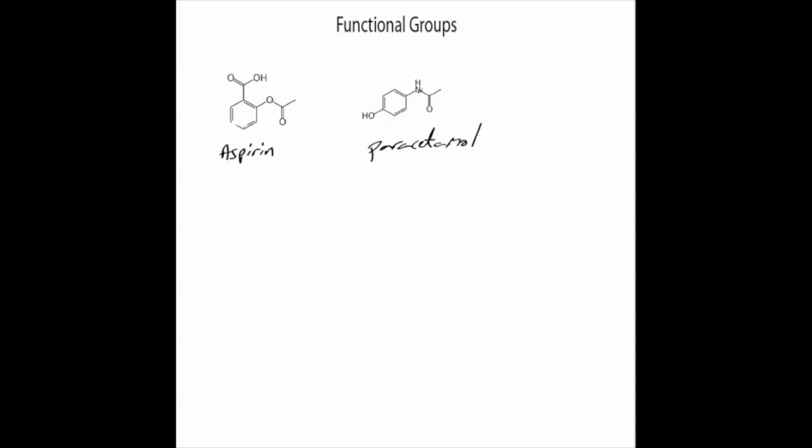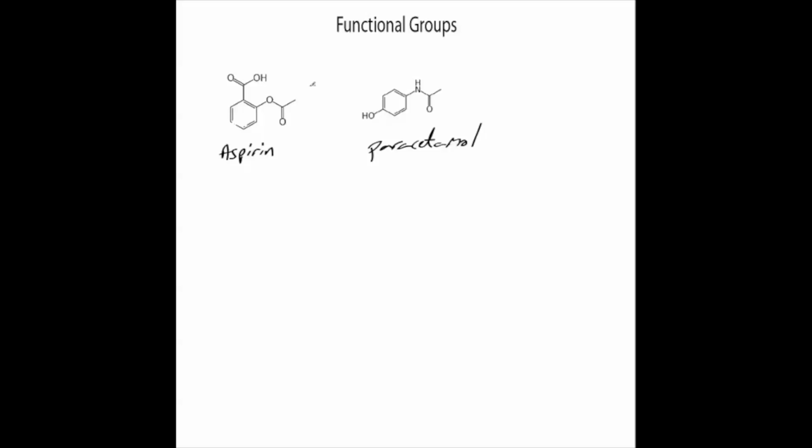cyclooxygenase pathways, but the mode of action is different. And that's because they interact with the cells in the body and the proteins and things in the body due to these functional groups. And it's the functional groups and the 3D structure that actually makes them work as a drug. So if I get a different colour pen, at the functional groups,